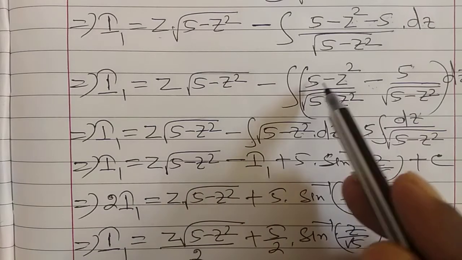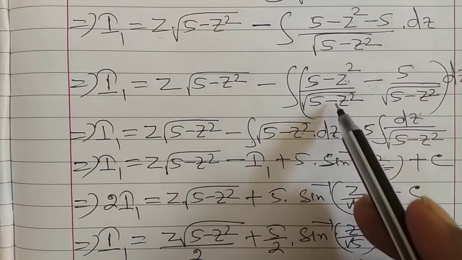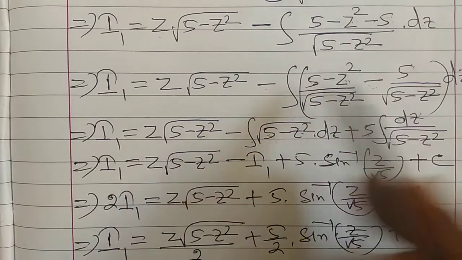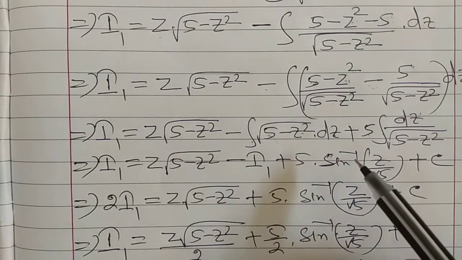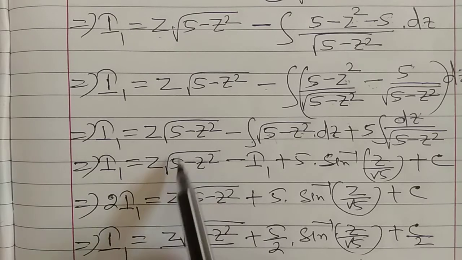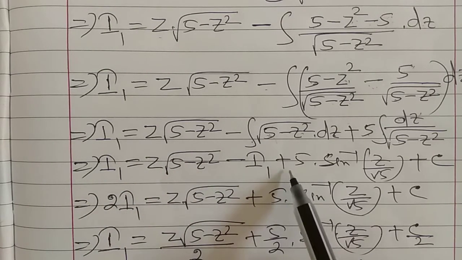Here 5 minus z square by root over 5 minus z square is root over 5 minus z square. Here minus into minus is plus, and this implies I1 is equal to z into root over 5 minus z square minus I1 plus 5